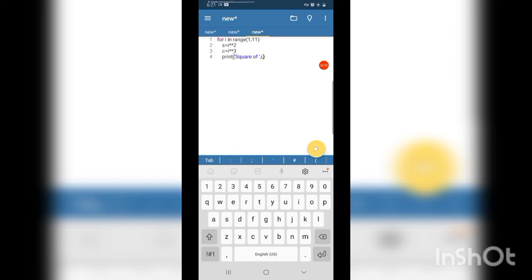If it is enclosed in single quotes, the I will be printed as it is. I'm writing comma, the value is S.